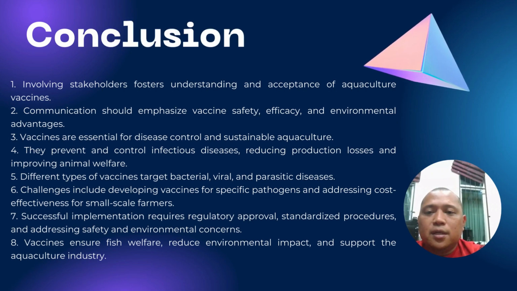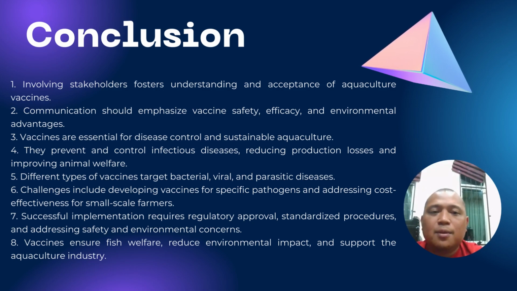And for the conclusion, vaccines play a vital role in disease management and the promotion of sustainable production in aquaculture. Therefore, they are an effective and proactive approach to prevent and control infectious disease, reducing production losses, improving animal welfare, and minimizing the environmental impact of disease outbreaks. Different types of vaccines, including bacterial, viral, and parasite vaccines, have been developed and show promise in controlling disease in aquaculture. However, the widespread adoption and application of these vaccines still face obstacles